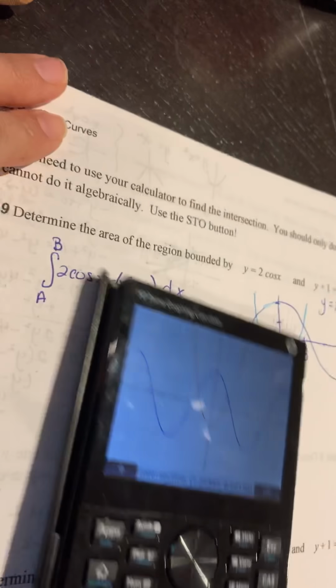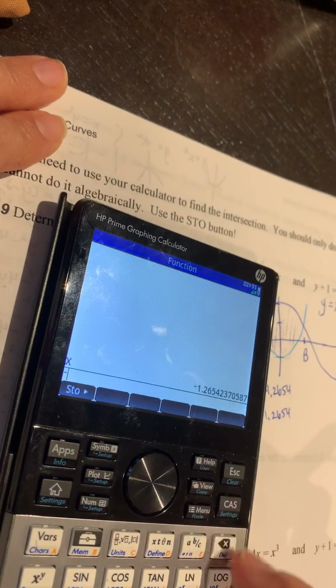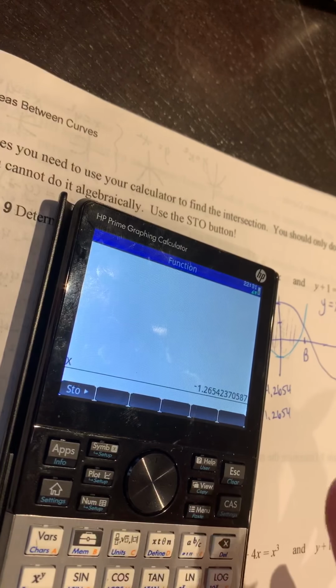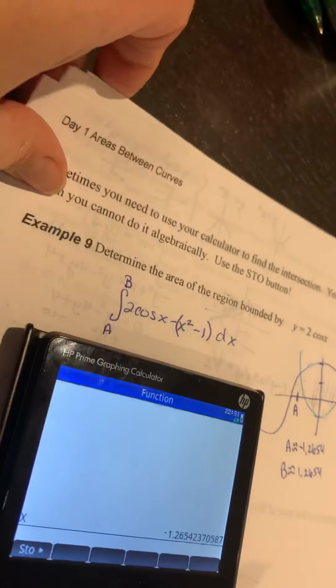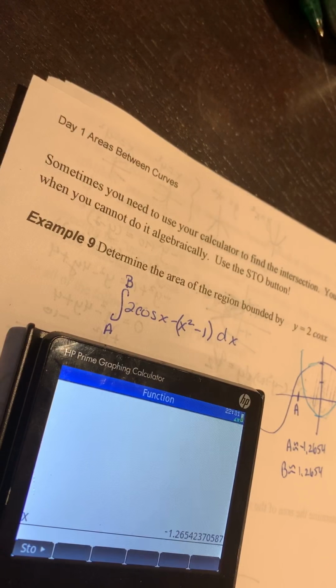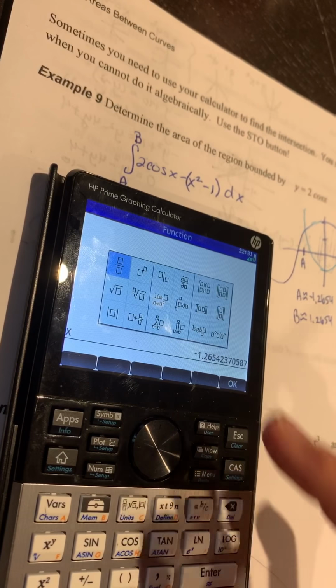So you go back to your calculator. You can go to either one. It doesn't matter if you go into CAS or the other one. I like it when I know it's going to be a decimal answer, and with cos, you can pretty much suspect it will be. I like to go into this one because I don't want it to give me some crazy thing. I like to go into the home screen. Okay, so here I am. I'm going to go into here,